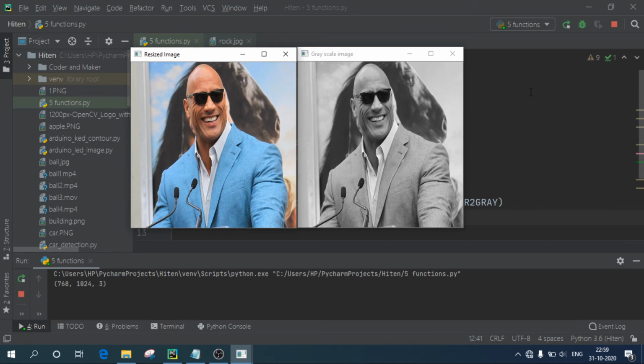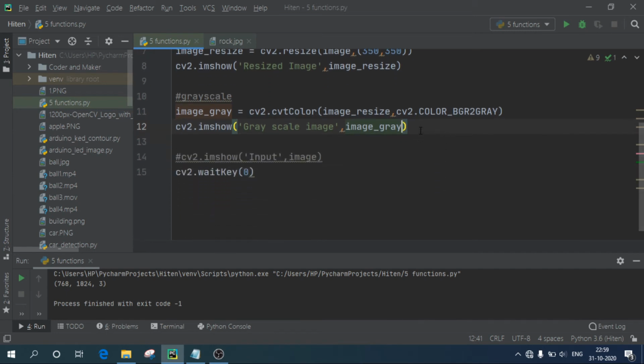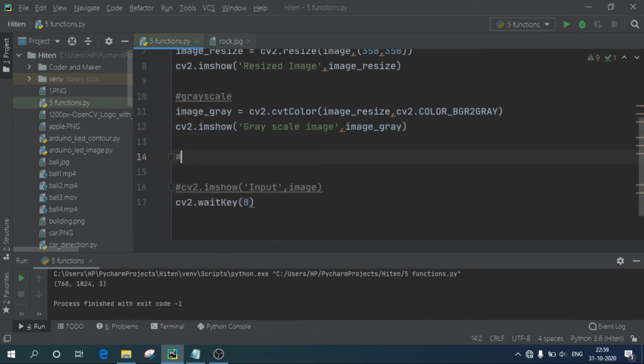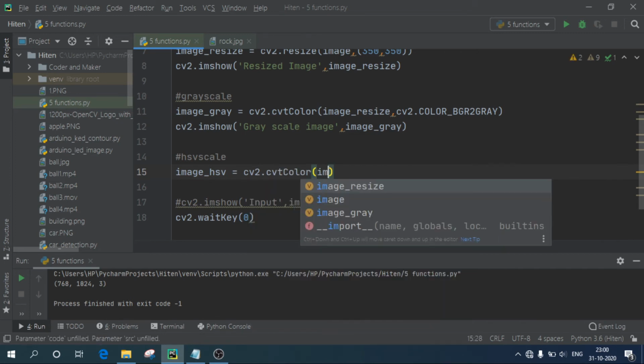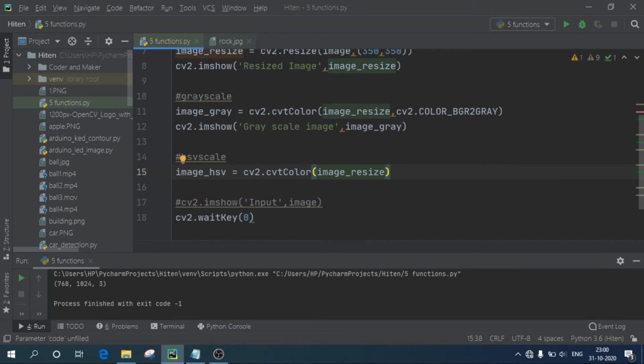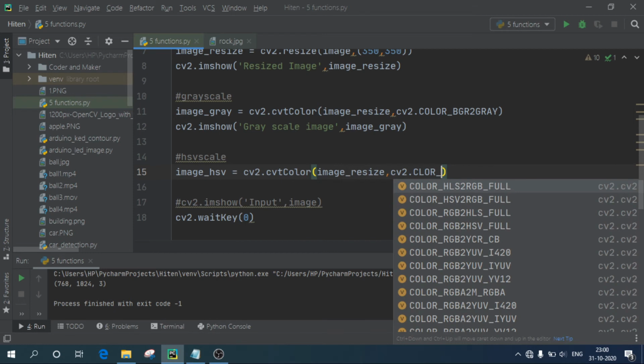Now the third operation is to convert this colored image to HSV. HSV stands for hue, saturation and value. The process is the same, you just need to change the color code. So I'll write over here HSV scale. I'll create a new variable named image_HSV equals to cv2.cvtColor. Pass the image which you want to convert to HSV, comma, write cv2.color from BGR